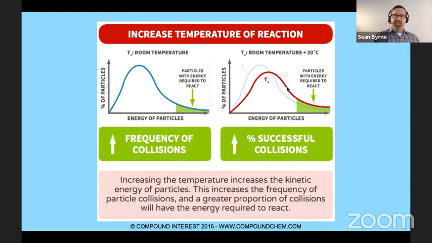Oh, there's a phrase we've used a lot recently. We've moved the most common number of particles, and we've lowered it because we have so many more particles over here. We still have some that are down here. We didn't just slide the whole thing to the right. We've expanded it in such a way that the apex will come down, and we have a whole lot more particles at the higher end. If we were to compare the green area here to the green area here, at a higher temperature, there are more particles that have enough energy for reactions to happen. And with more particles that have enough energy, there can be more collisions.